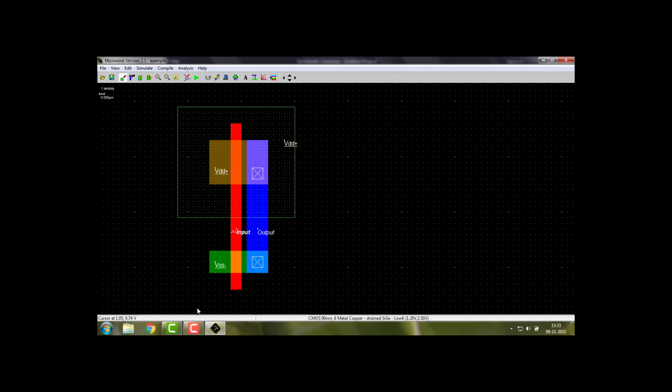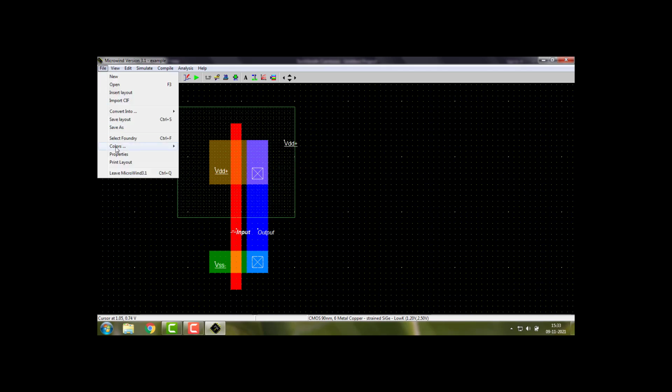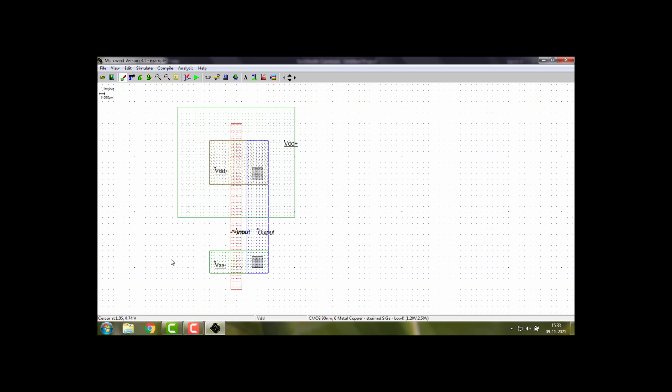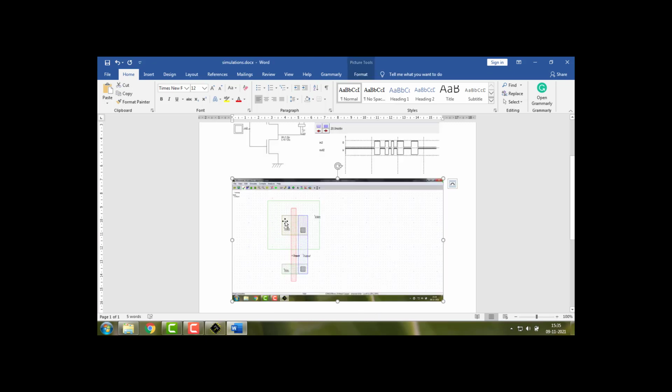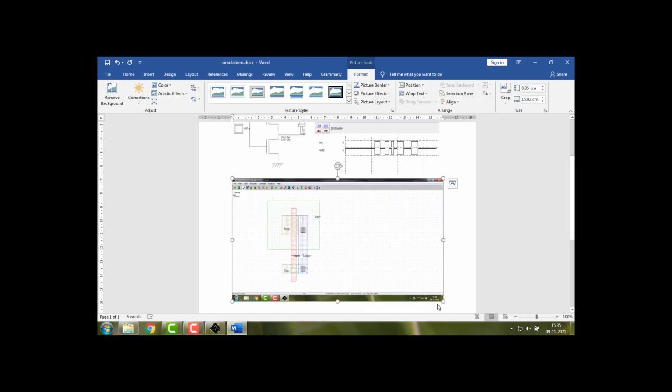On the other hand, you can make use of a simple transistor directly generated, and you can get the output. Also I'll show you how to save it. Go to this and select. Here you just have to paste the layout, and crop it as much as we want.